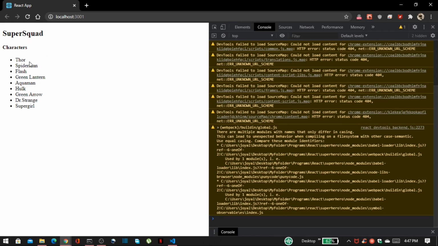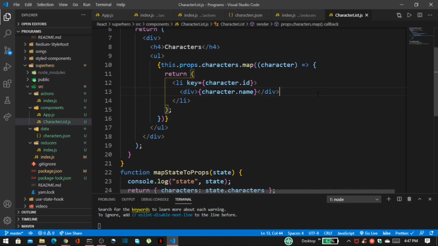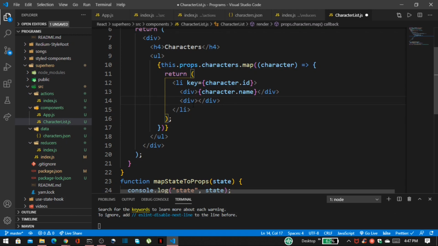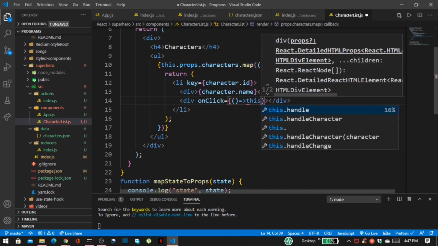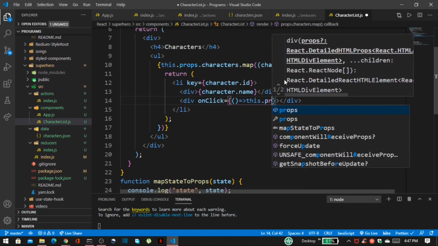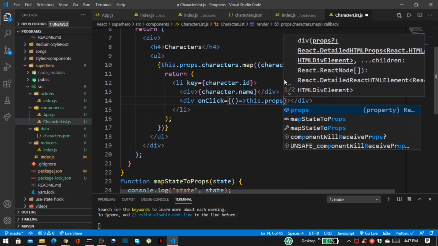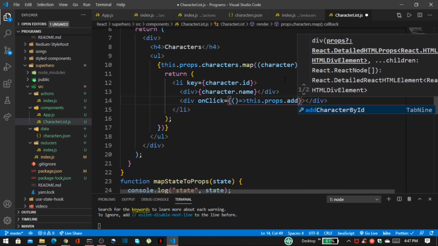Now let's add our onClick method here. So at the end of this div we use another div for our onClick method. This is basic JavaScript stuff. So onClick, I want to use this function for this.props, and here I want to use addCharacterById.